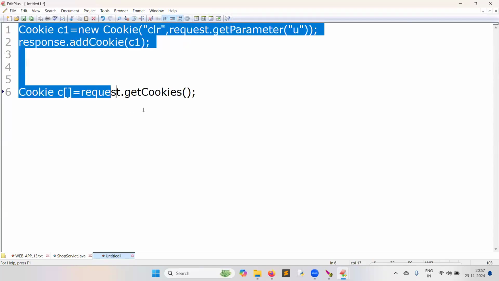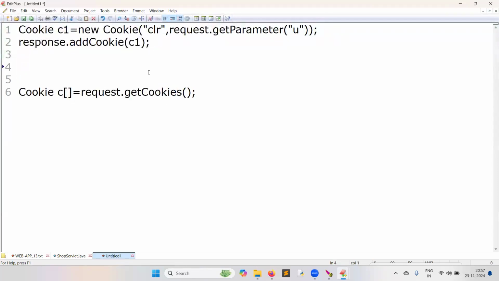I am not highlighting that, which means it is negligible. That is the meaning. The session ID the container will internally create as a cookie, and it will travel up and down. Any user preferences or user details you want to send to the browser, mostly for storing user preferences, how do you create a cookie? Create the cookie object with a name-value pair. Add that cookie to the response object by calling the method addCookie.